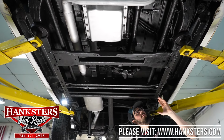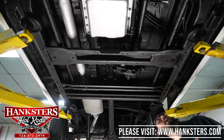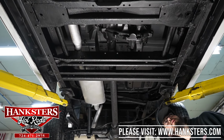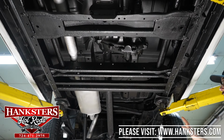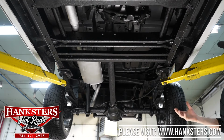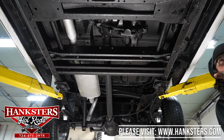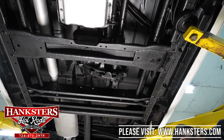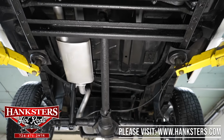Looking at the condition of the floors, frame, cross bracing in the center here, everything is in very good shape. I don't see evidence of any floor patches that have been done. It all appears to be original metal and in very good shape. Frame rails are nice and straight as you lead into the back. All of your cross rails as well, nice and straight. All your structure is in very good condition. Body mounts, everywhere you look, the body mounts are solid, both in the front, middle, and the back. It's a very well taken care of underside, and there's a light undercoating on it,